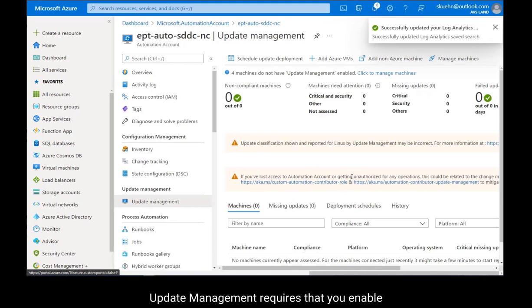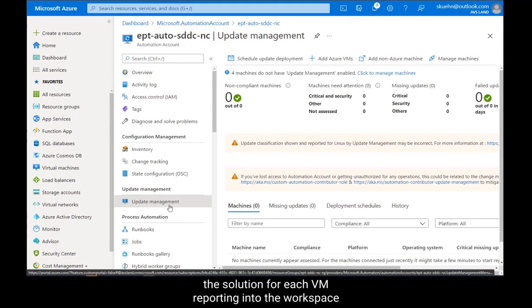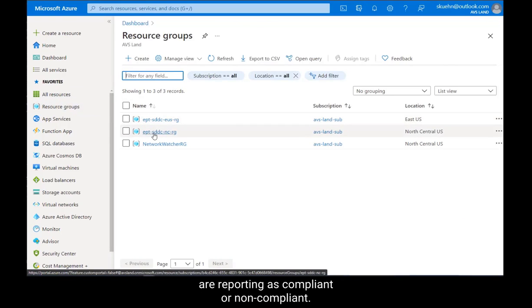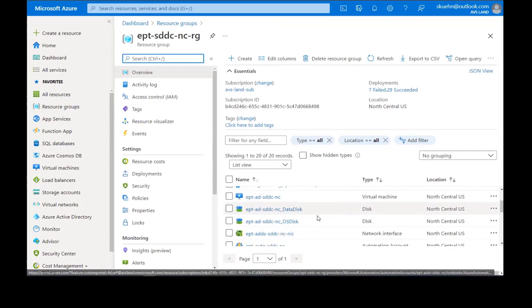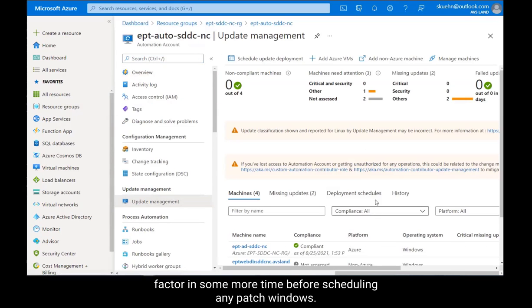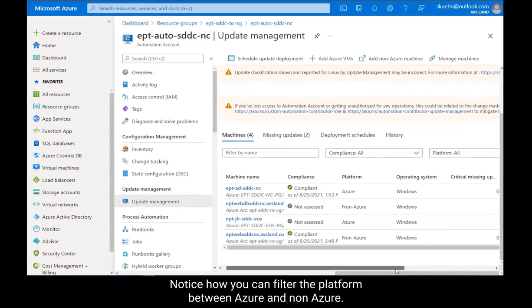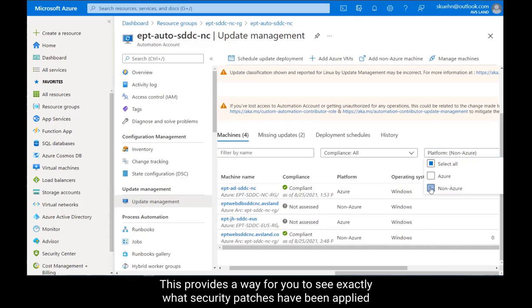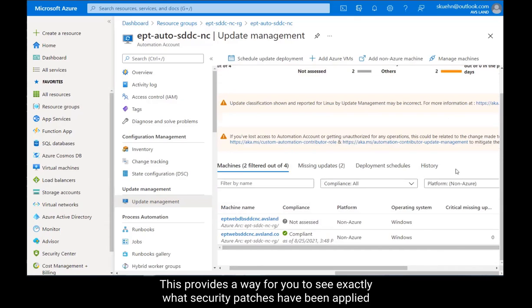Update Management requires that you enable the solution for each VM reporting into the workspace in order to use the tool. After some time passes, you should be able to go back into Update Management and see what VMs are reporting as compliant or non-compliant. If the VMs have not yet been assessed, factor in some more time before scheduling any patch windows. Notice how you can filter the platform between Azure and non-Azure. This provides a way for you to see exactly what security patches have been applied and which ones still need